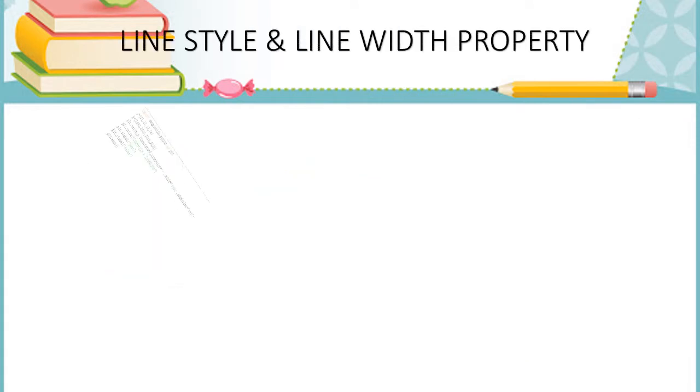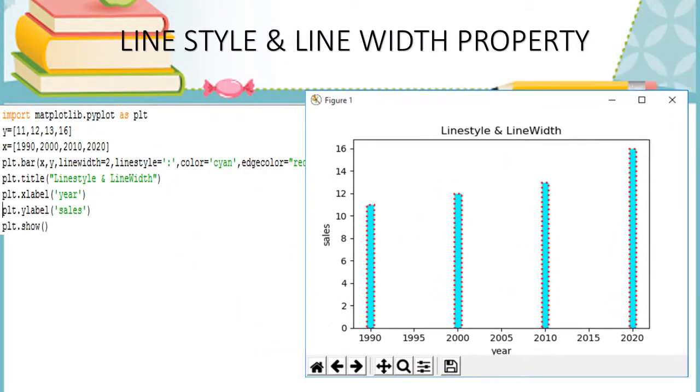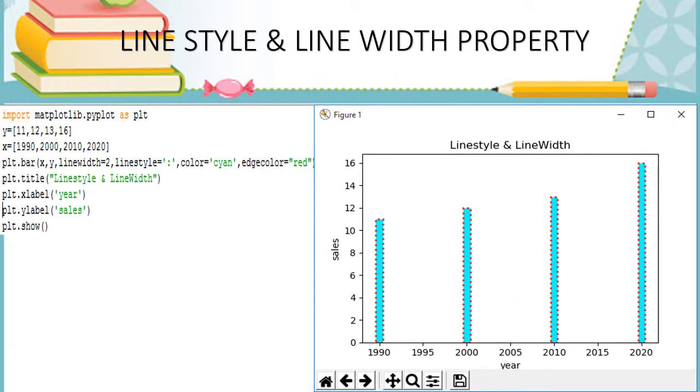And next, line style. You have already seen the dash and dot line styles. So here I use the line style. See that I plotted the x and y values passed, line width is set to 2, the thickness of the line, and line style also, that is a colon is given, so it will come like that.